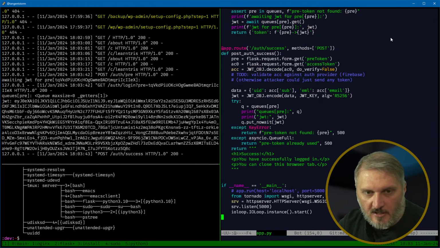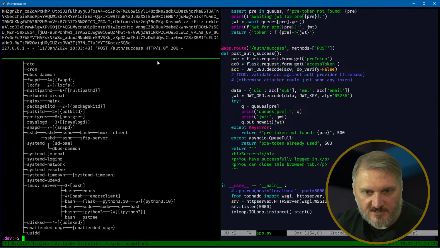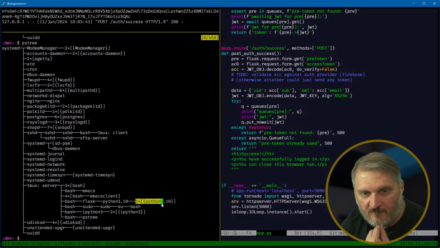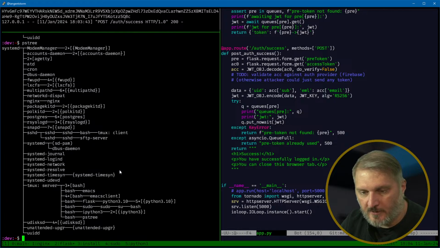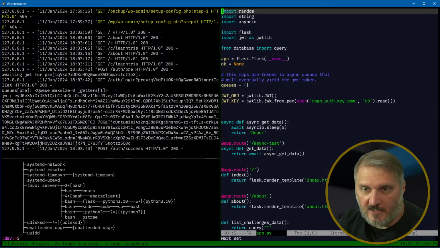I've been debugging it for a little while, and if you run, you know what this command is, pstree, that gives you a tree of your processes on the whole server. You can see inside of tmux here, I'm running Flask, Python, and that runs Python 3.10. And then you can see there are 5 copies of Python 3.10 running. And so this implementation of Flask is multi-threaded. That's not the case on my development, on the Windows box where I was developing. So even just running the Flask dev server is multi-threaded, which normally would be fine, except I have this crazy